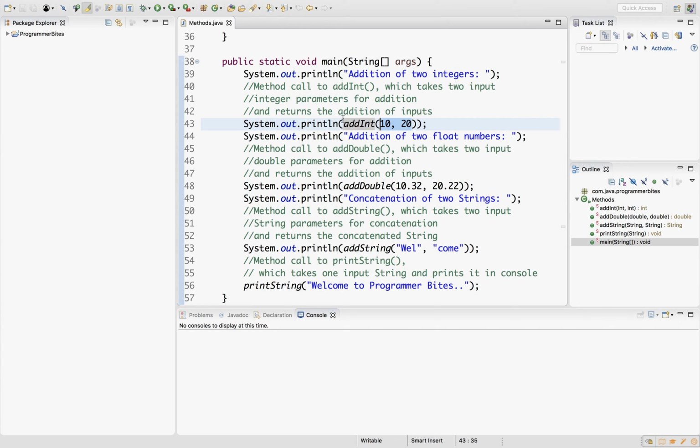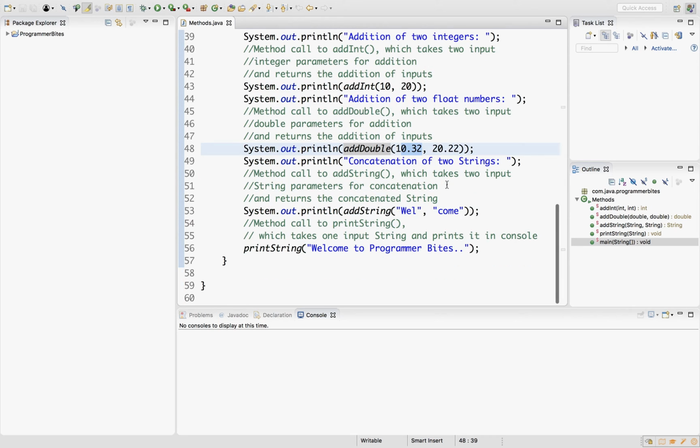We are calling addInt inside system.out.println as we are going to print the result in the console. Similarly, we are invoking addDouble by passing two decimal values as input, 10.32 and 20.22. This returns 30.54 as output, which will be printed in the console.